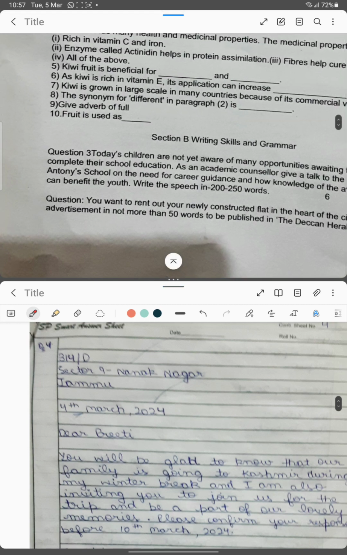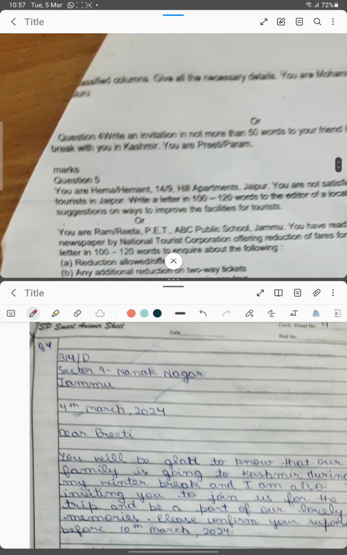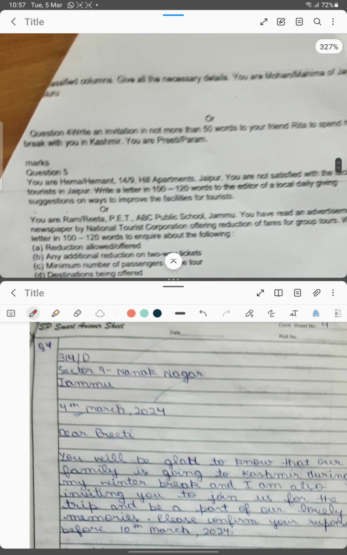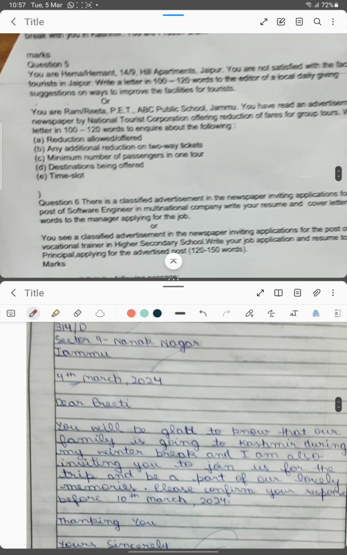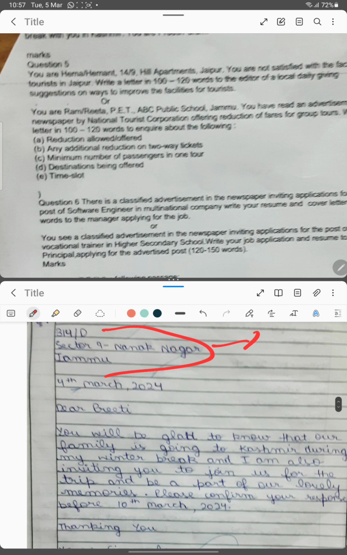Next question is invitation. Question number 4. You are writing a letter to your friend and inviting her to spend winter vacations with you in Srinagar. This is the address given. This is mentioned in the question. Sector 9, Nanak Nagar, Jammu. Fine. And after that, this is the date. After the date,